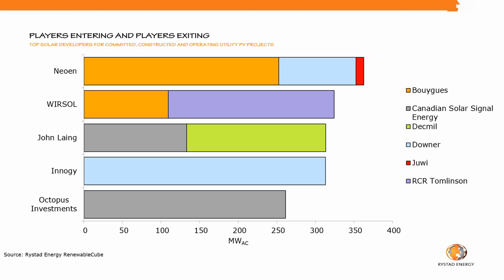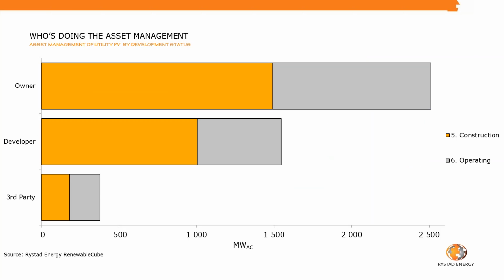John Lang had the Finley and the Sunraysia projects. Energy are building the greater than 300 megawatt Limondale asset, and Octopus Investments, the Darlington Point asset with Canadian Solar and Signal. To round this out, we started to gather the statistics of once these assets enter the operate phase,